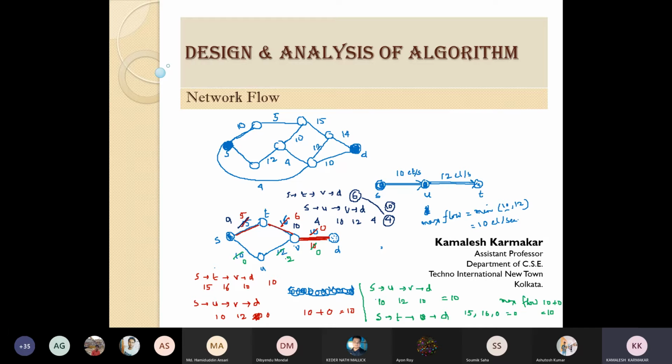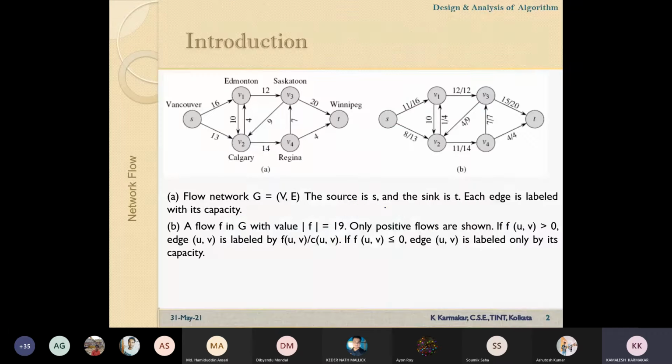First we have to understand that here we have given some example, but we have to understand what will be the theory behind this. There are two different theorems. We are coming to that, but this is a scenario where this network flow problem is used. Do you have any query regarding this problem statement?